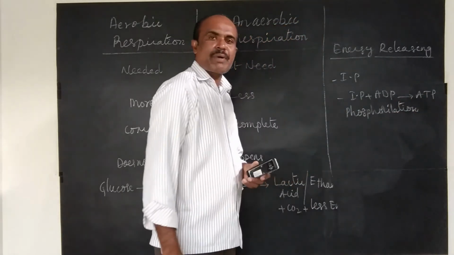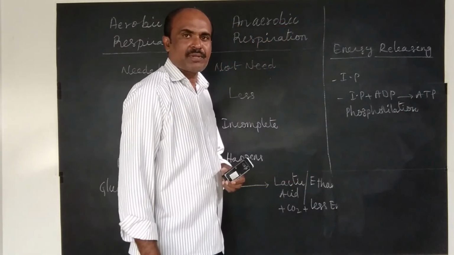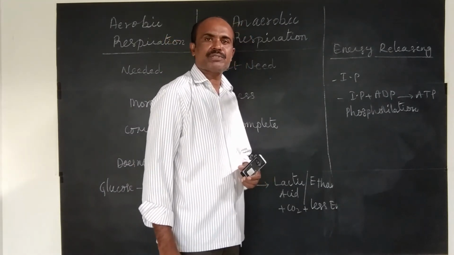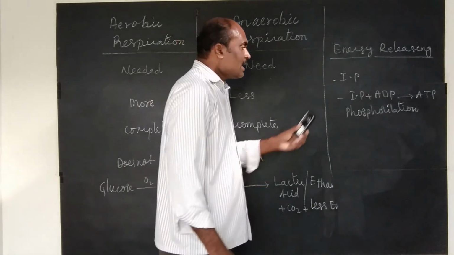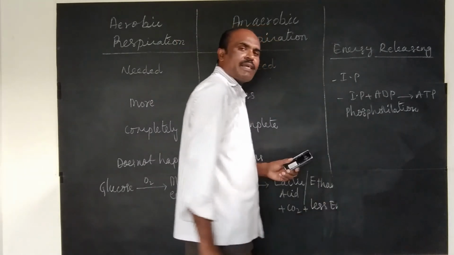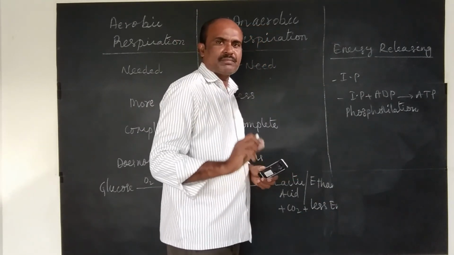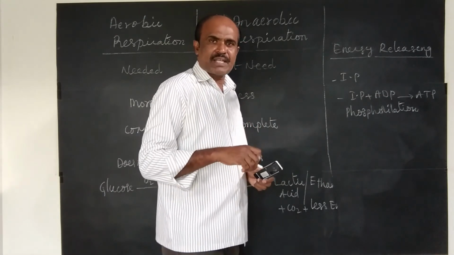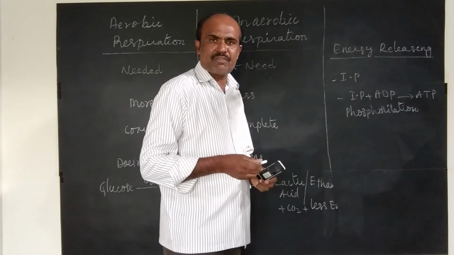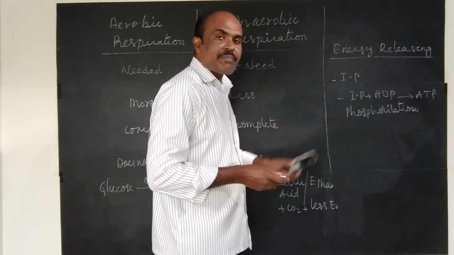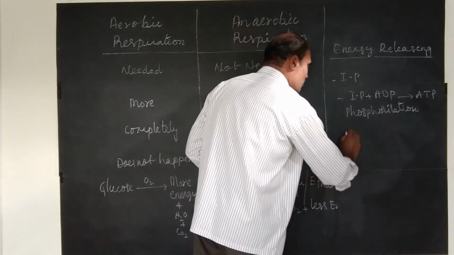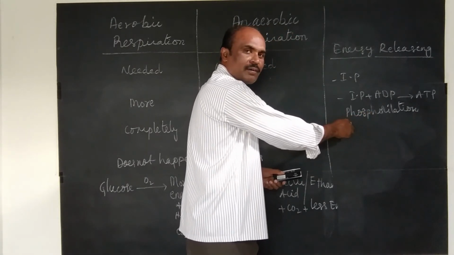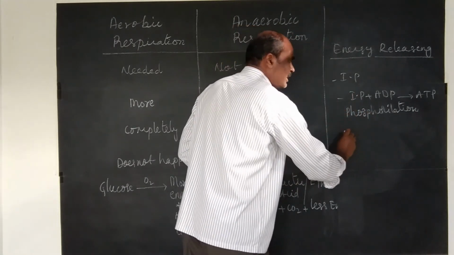Define the term phosphorylation. Be very careful. ATP, adenosine triphosphate. 3 molecules of phosphates are there. Now, what is ATP? It is an energy rich compound. When energy is required for the cell to carry out biochemical functions, ATP undergoes hydrolysis. What is that? It is the reverse process of formation of ATP. Let me explain.